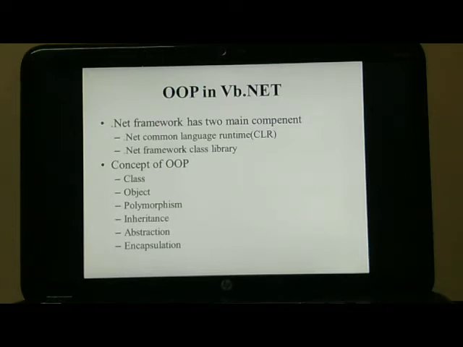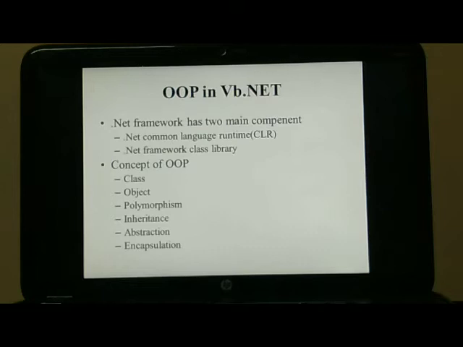Now let us see the importance of CLR. It manages code at runtime, so the developer can use a variety of programming languages in the CLR environment, and can compile and execute the program. What is the use of the class library? It provides reusable classes of objects that work with the CLR, and we can use these classes. VB.NET is a fully object-oriented language that shares the CLR and the .NET class library with other .NET languages.